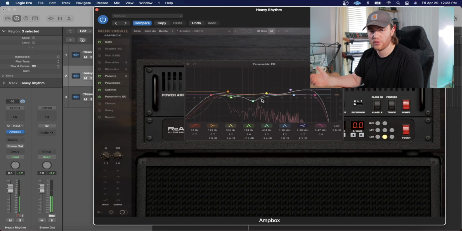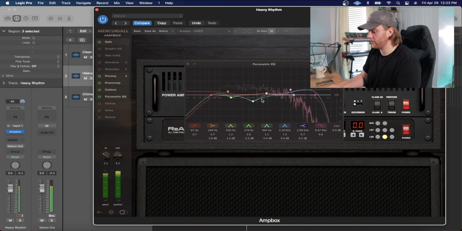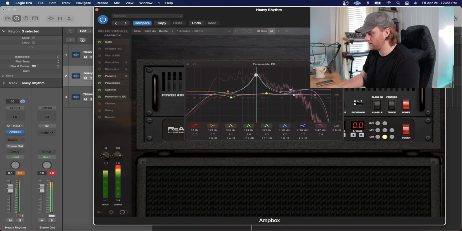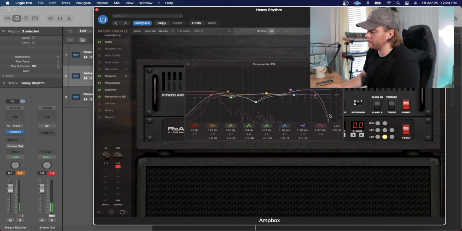The parametric EQ is really cool because it's almost like a FabFilter Pro Q3 in your amp sim. It's got the spectrum analyzer. That's probably one of my favorite EQs I've ever seen in an amp sim, just to be honest. Pretty much all the presets on here are very usable. I think Mercuriall did a great job at knocking their presets out of the park, so whenever you're going through the presets, you get a really good first-hand experience of what the amp sims are capable